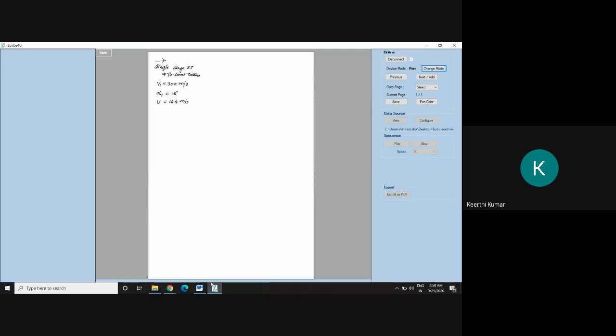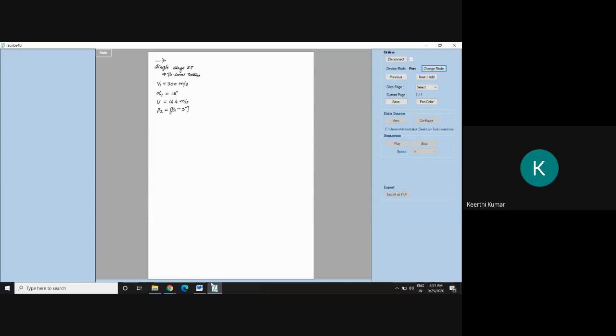What is the outlet angle of the blade? The angle of the blade is generally called beta. Outlet is 2. The outlet angle of the blade is beta 2, and that is equal to 3 degrees less than the inlet angle of the blade. That means beta 1 will have some value, and beta 2 is minus 3 degrees. Any doubts?